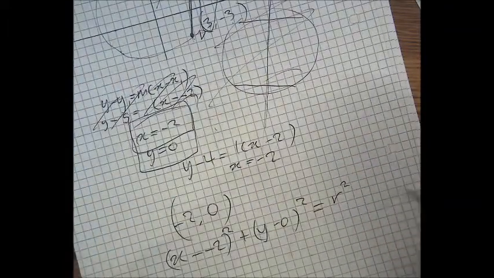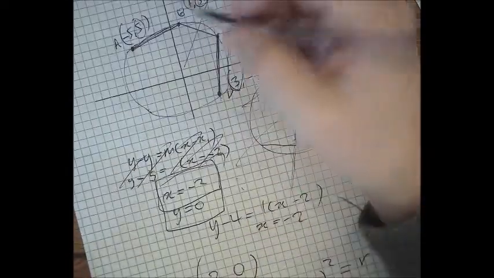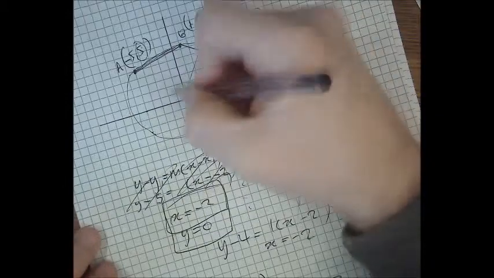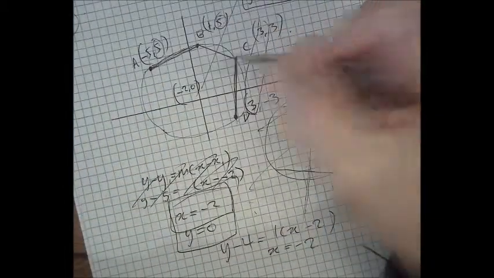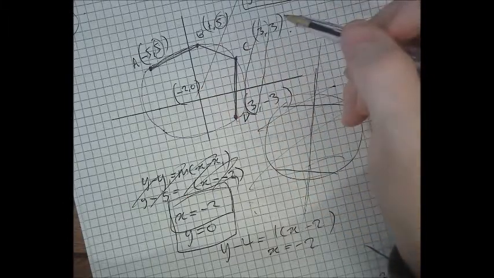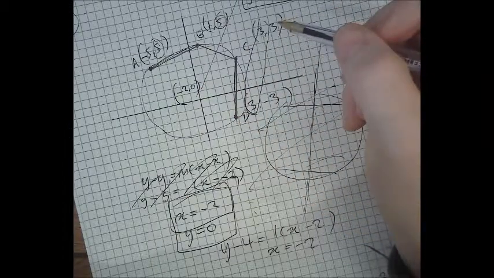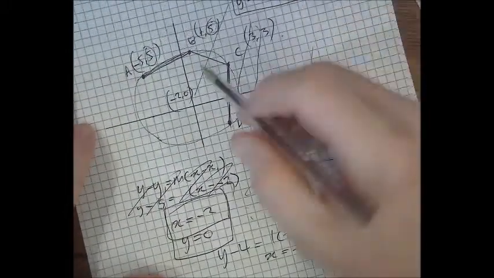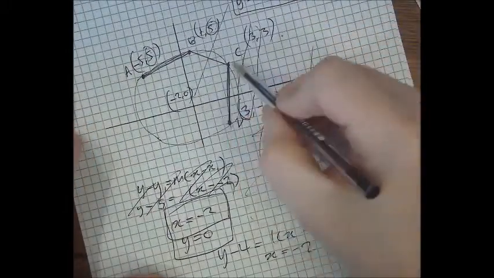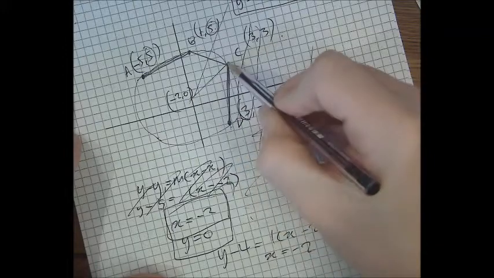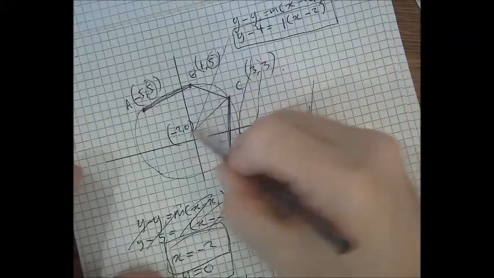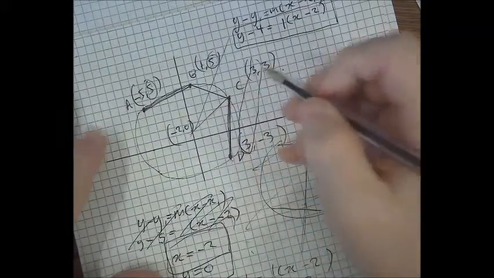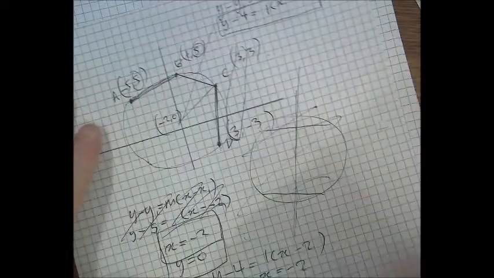What's the radius? Now that we know that the center is -2, 0, the radius can come from the distance from this to any one of those 4 points. Let's just use a distance formula. I'm going to see how fast I can get it in my head using my snappy saying. The distance from here to here is the difference between the x coordinates